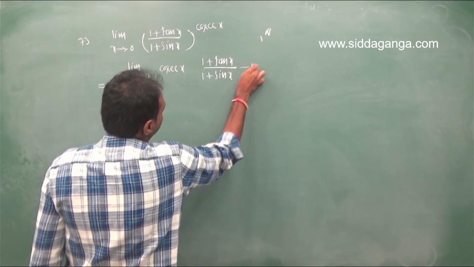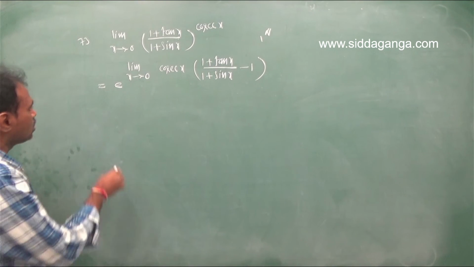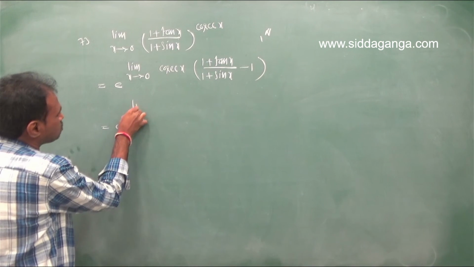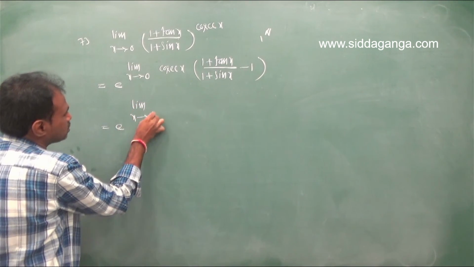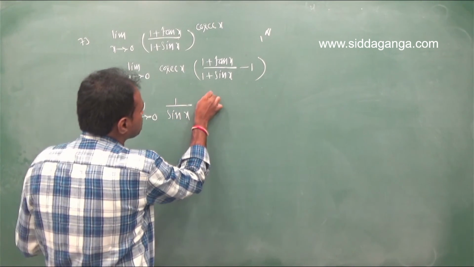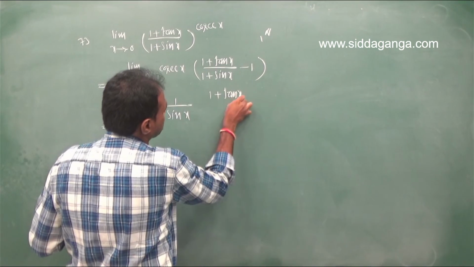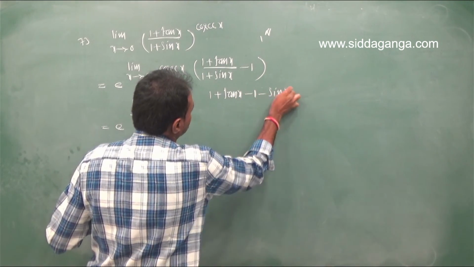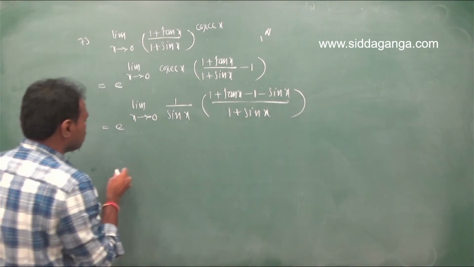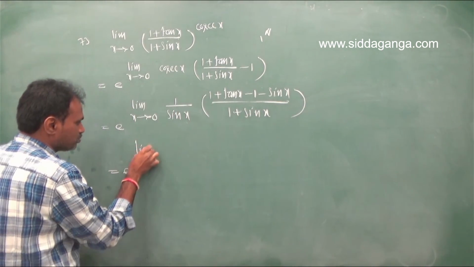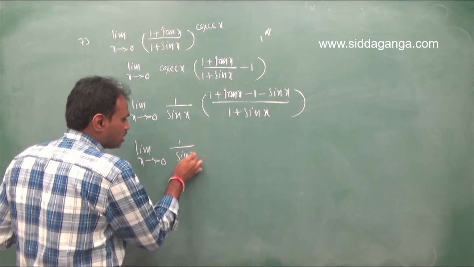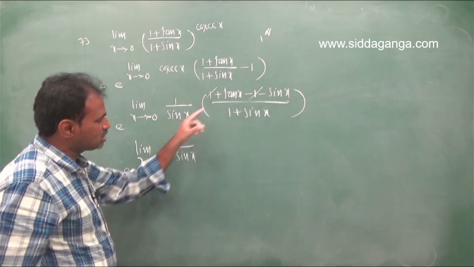It is equal to e power limit x tends to 0, cosecant x you can write 1 by sin x, here (1 + tan x − 1 − sin x)/(1 + sin x). Therefore, it is equal to e power limit x tends to 0, 1 by sin x, here −1 and +1 will cancel,